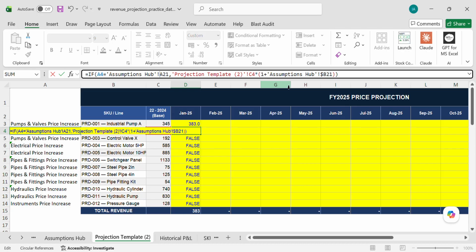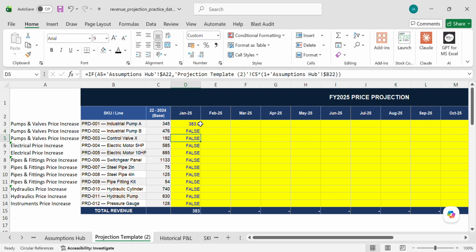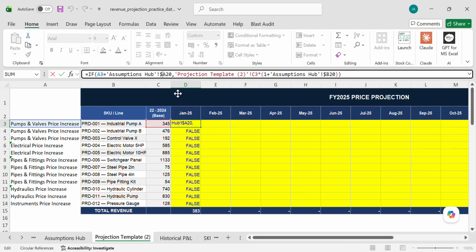Let's not call it. Let's move this on call. If this equals this,